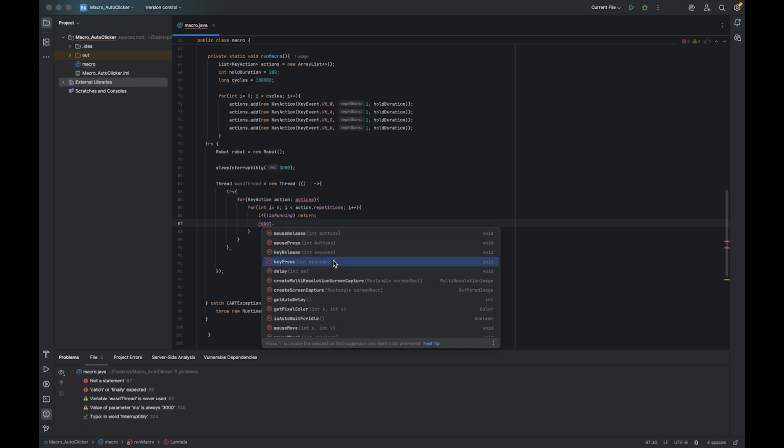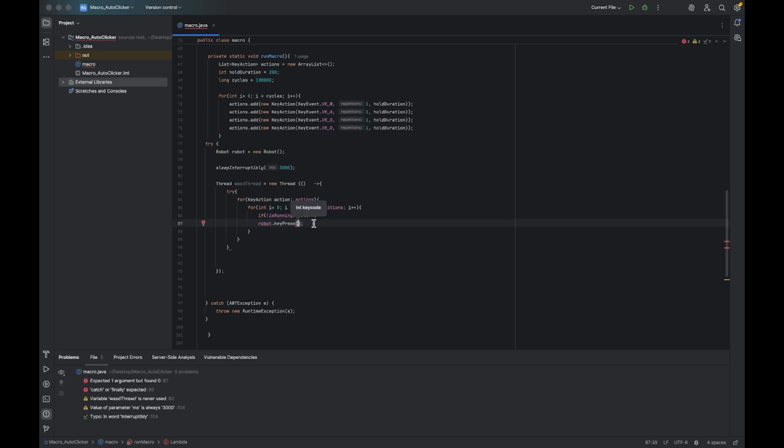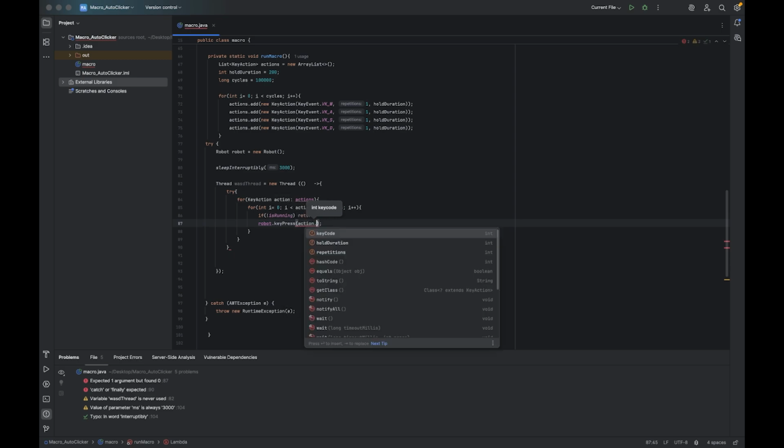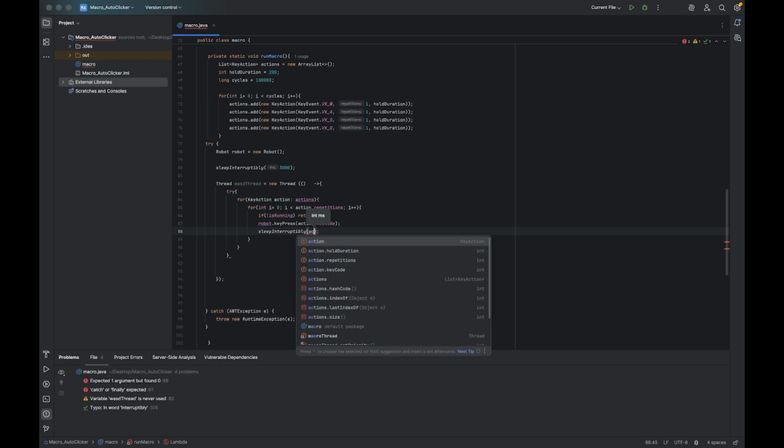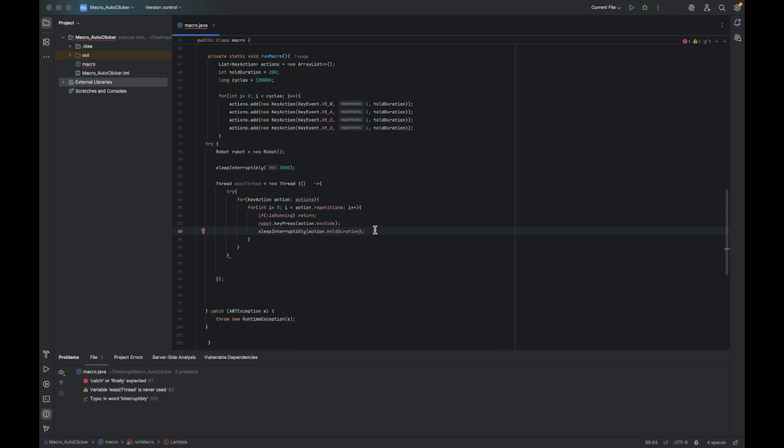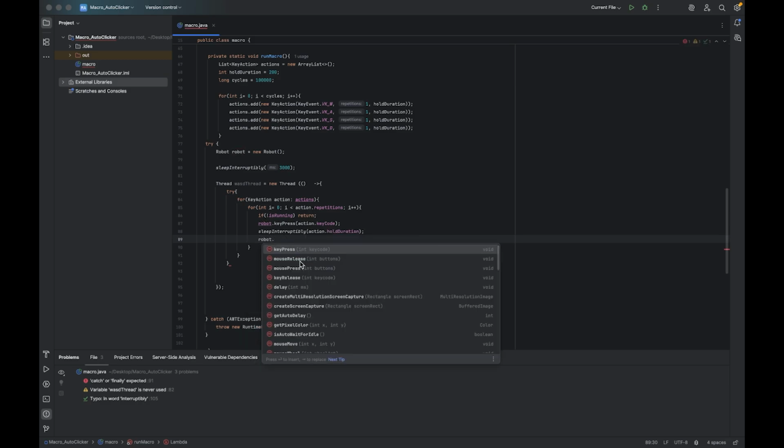Robot.keyPress, and inside here we're gonna put the key code. And since we can't write the same key code 100,000 times, we're just gonna go action key code. So it calls the key code from our array, and then we can do sleep interruptibly, and we can put our milliseconds. We want it to be the whole duration, so we're gonna go action, the whole duration, and then we're gonna do robot.keyRelease this time,